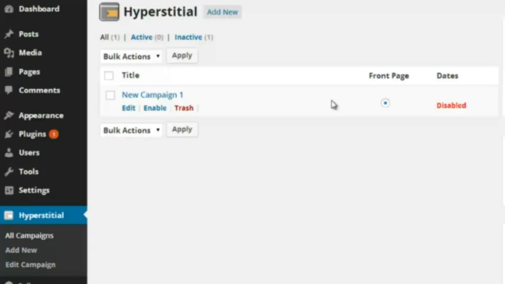So if you want to test to see whether an image works best, a video works best, a JavaScript code works best, a text written content works best, you can actually do that. And another thing you can do is specify